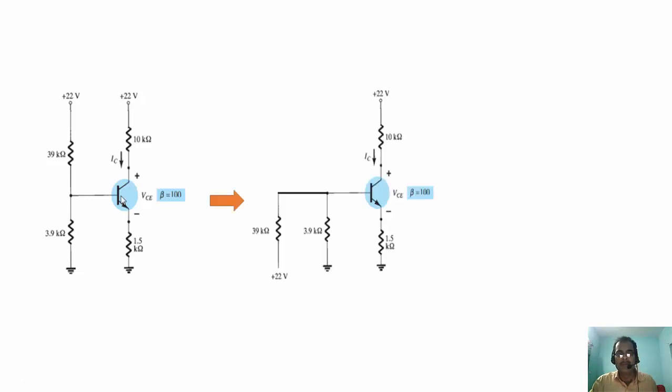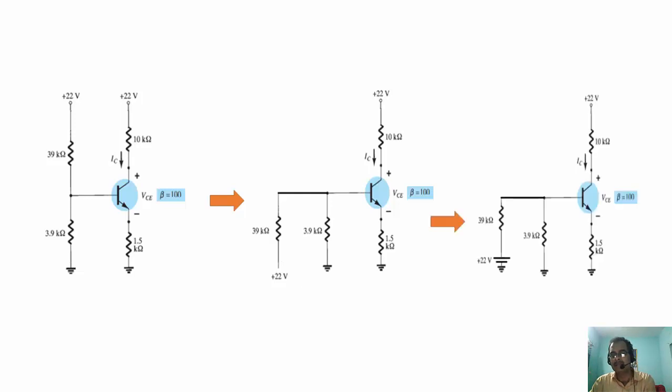Now we have to rotate this 39 kilo ohm resistor in the downward position. The equivalent diagram is this. Now we have to convert 22 volt into a 22 volt voltage supply or a 22 volt battery like this.